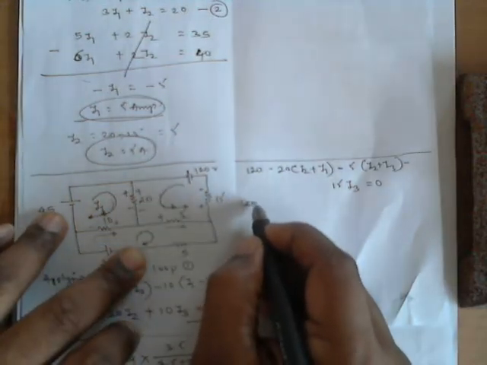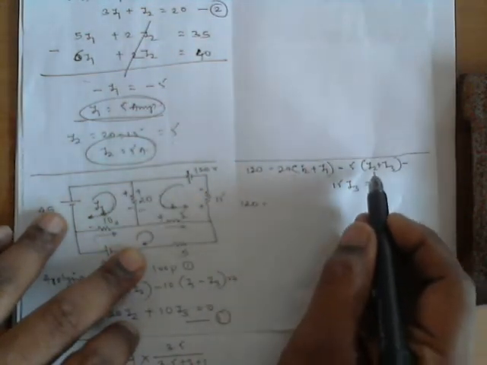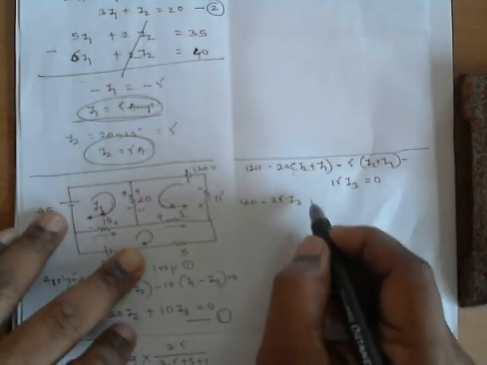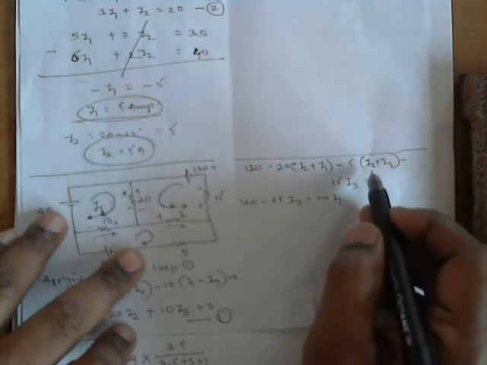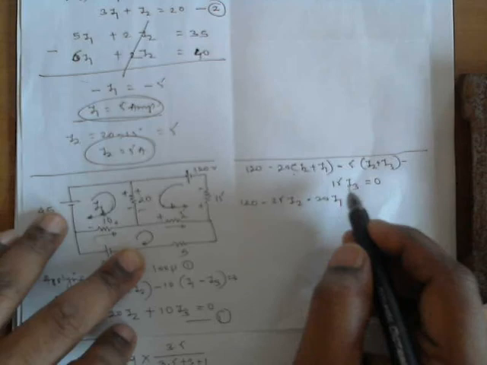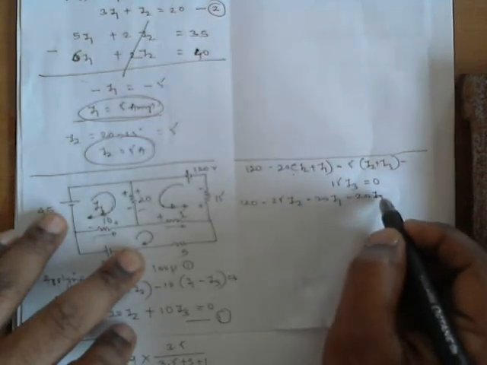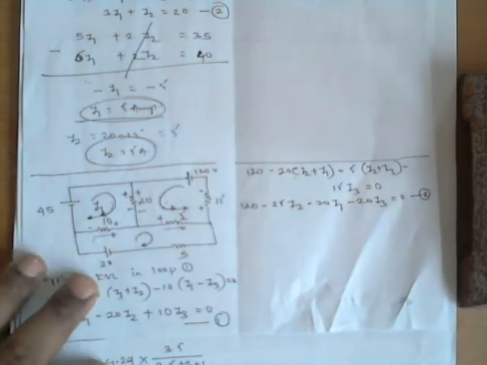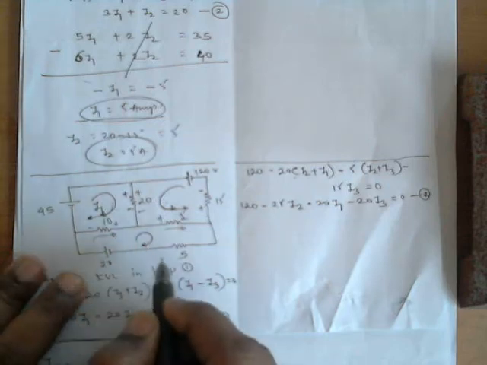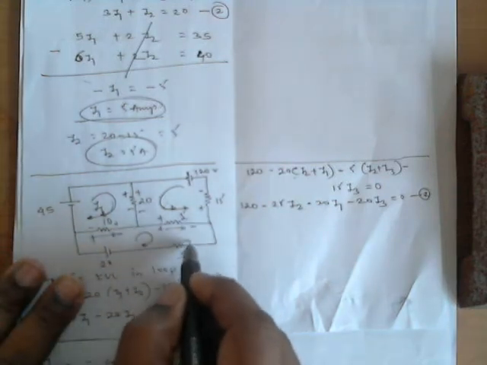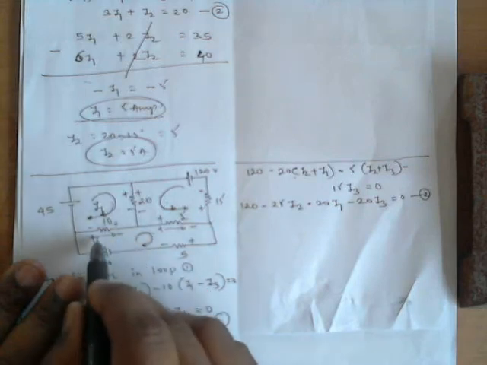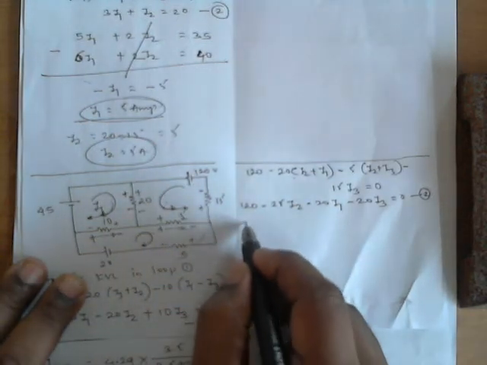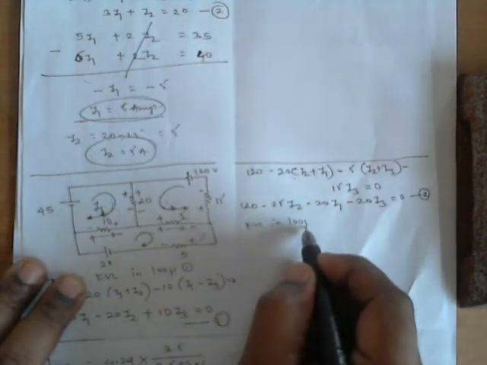So again you can solve it further. 120 minus 20 I2, minus 5 I2, that is minus 25 I2, minus 20 I1, only I1, then minus 5 I3, minus 15 I3, that is minus 20 I3 equal to 0. This is your second equation. Now apply KVL in the third loop. Give directions plus minus according to current directions. We are moving like this, so entering is plus, leaving is minus. KVL in loop 3.